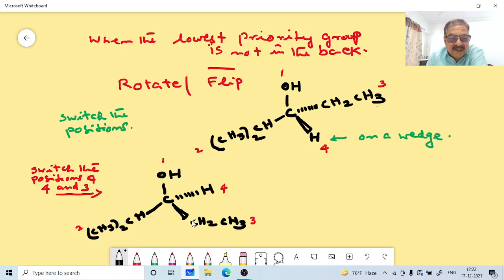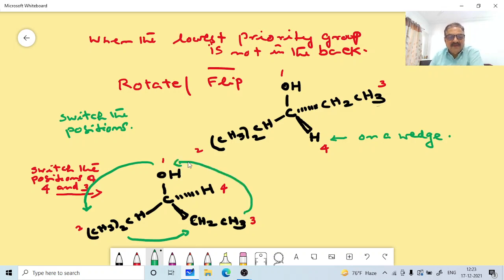How will you trace the circle here? The tracing of the circle will be from 1 to 2 to 3 here. Okay, so here 1, 2, 3. This is 1. The position will be like this. 1 to 2, then 2 to 3, 3 to 1. Correct? This is how we will have to trace the circle here. Okay, when you are doing that, this is in the counterclockwise direction. Correct?